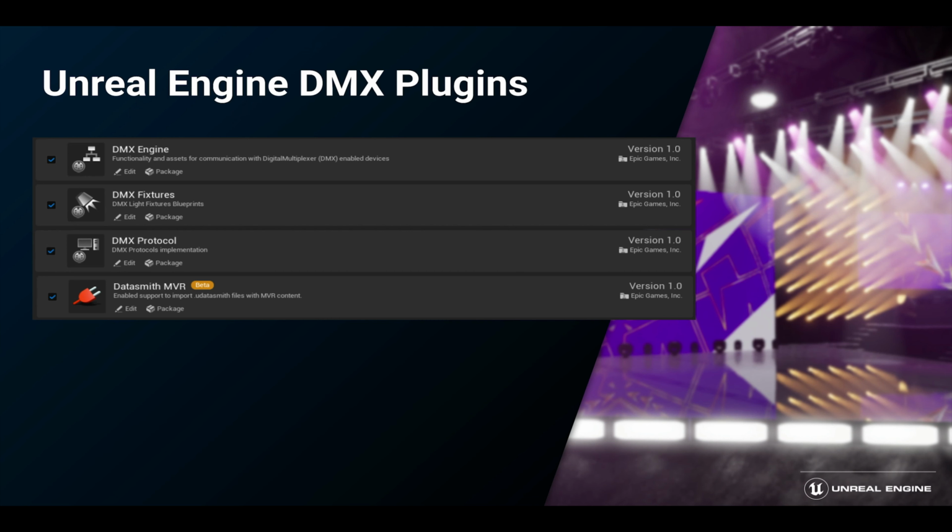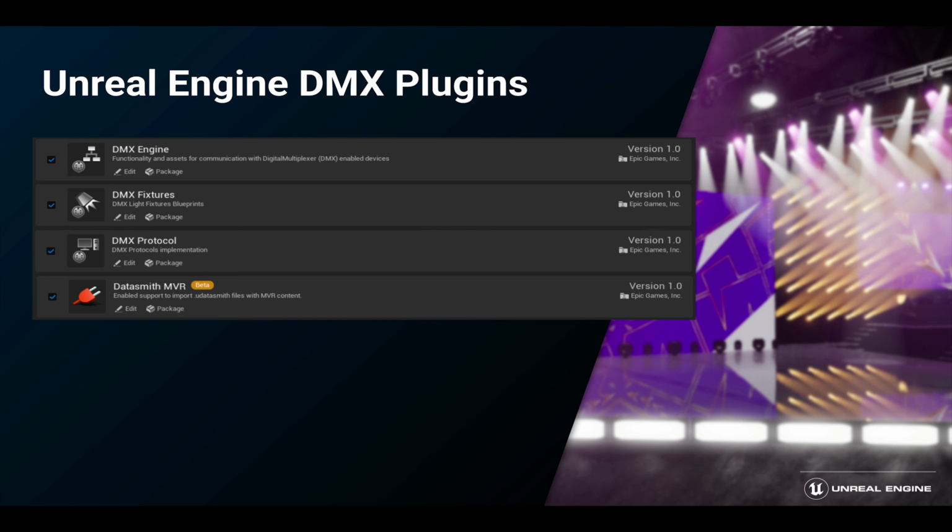So we talked a little bit about the software requirements for Vectorworks and MA and Unreal. So let's talk about some of the other settings that we need to address inside of Unreal, which firstly is enabling the DMX plugin. These are the 4 that we're going to need for this particular presentation. There are more. For this one, we need DMX engine and DMX protocol.